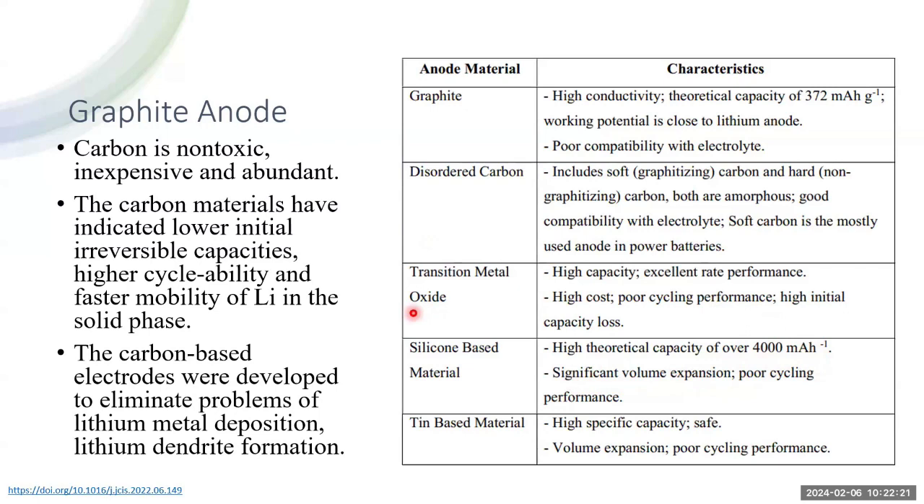So when you make a composite with the silicon and the graphite together, you get a better solution from that point of view. That means if you have a good